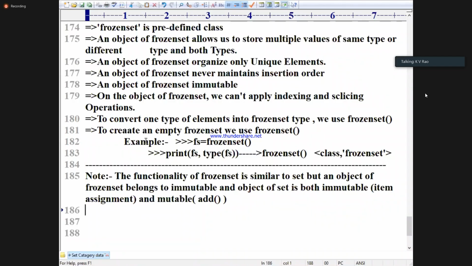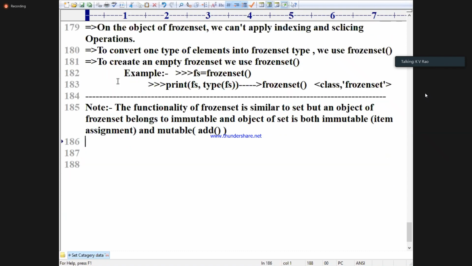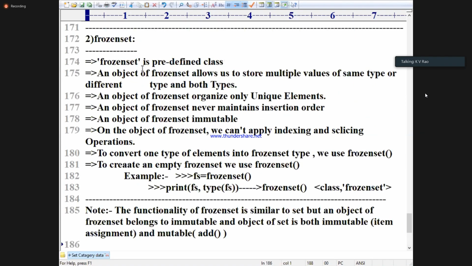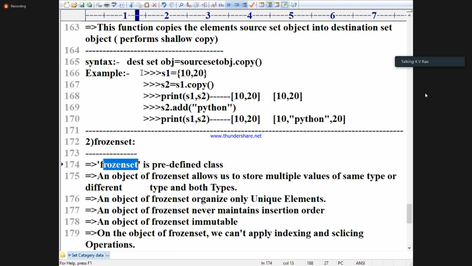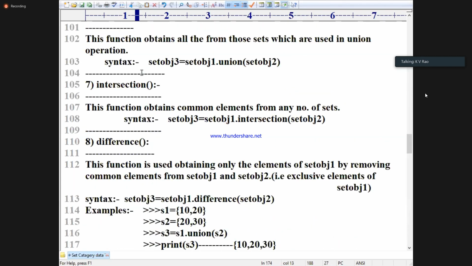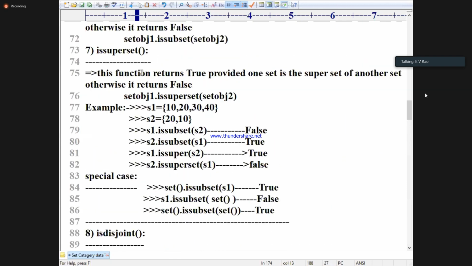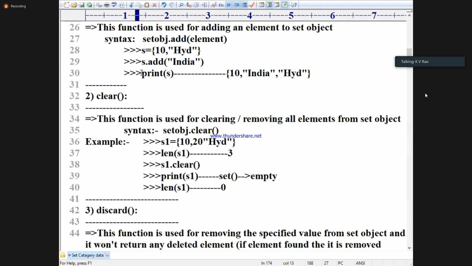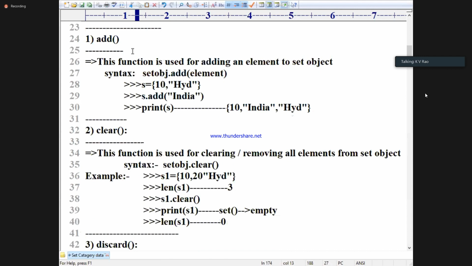So which functions are applicable on frozen set? Just open your functions, all of you. Try to work. Even if it is not there, the notes are with you. Unable to open your notes? See on the board. Add function, frozen set: there or not there? Quickly, there or not there?